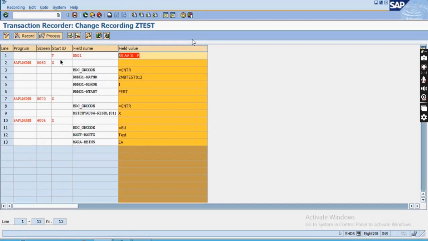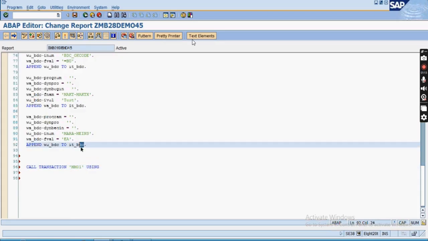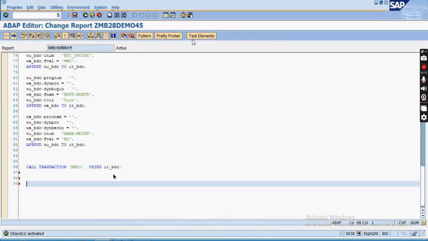So for replacement of this particular row, I'm doing the things over there. I'm writing this particular code. Okay, so call transaction MM01 using what? This internal table you will have to use. You will pass this internal table into this particular transaction, and that is going to use, right? So give the full stop, check the syntax now, activate this one, activate, and let us check if it works